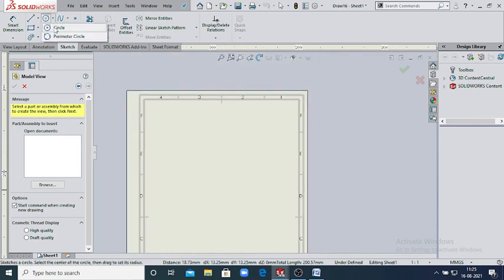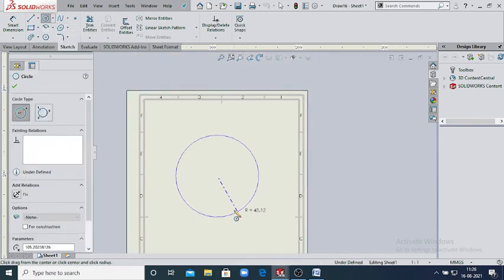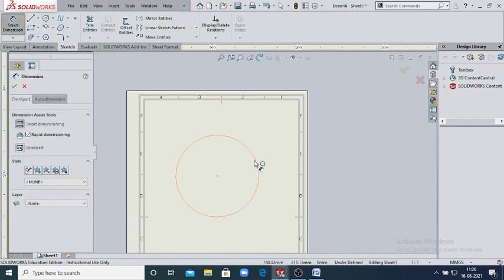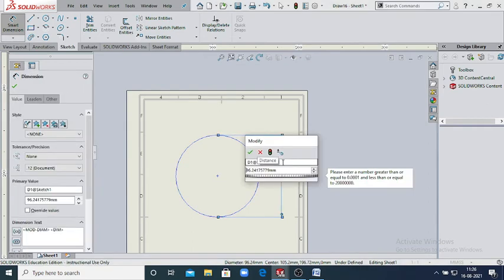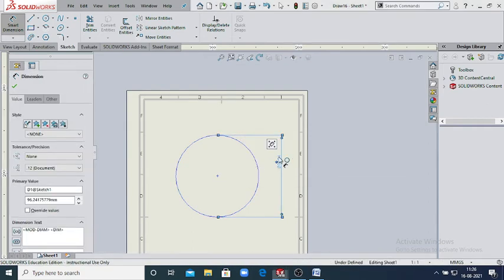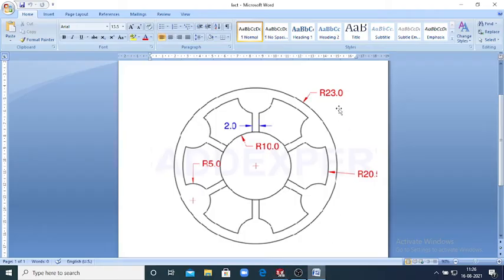First of all we will draw the circle, and the dimension of the circle is 46, then okay. Yes, 46 the outer circle, and the internal circle is your 40 mm,